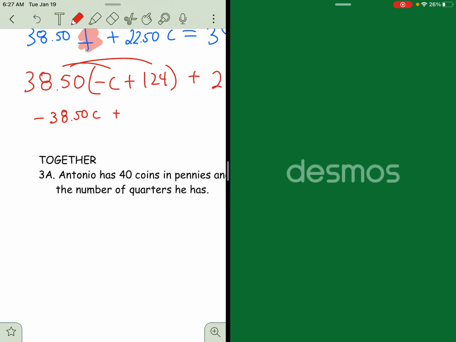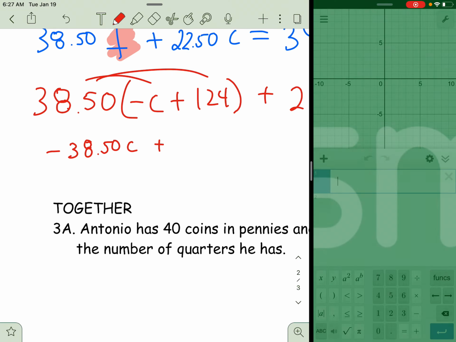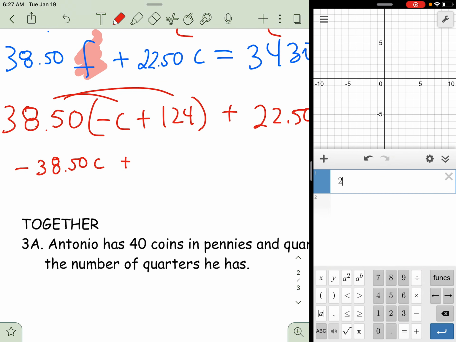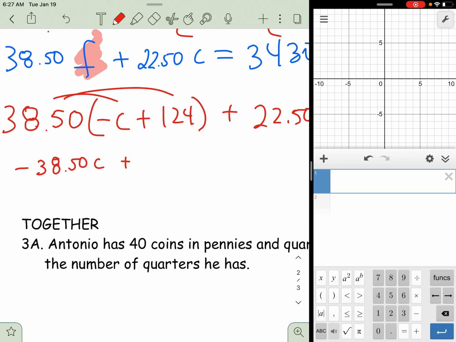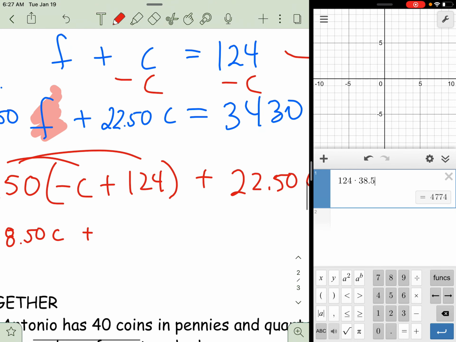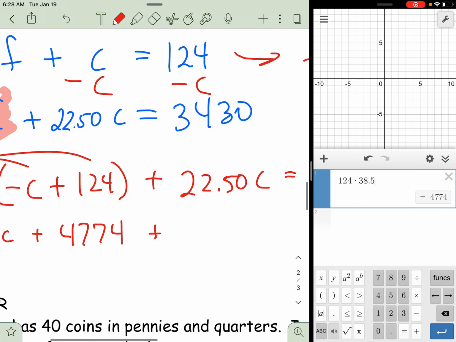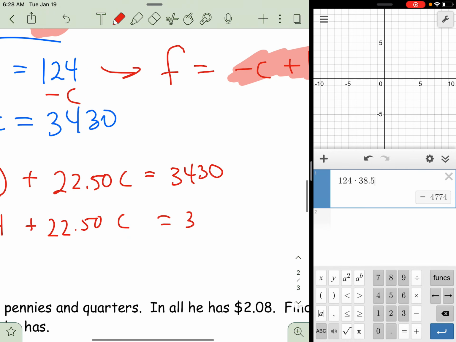Need a calculator for that. Let's see, 124 times 3850 is 4,774 plus 2250c,